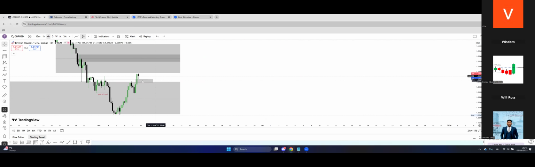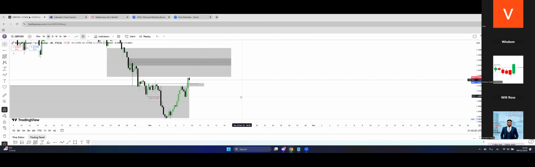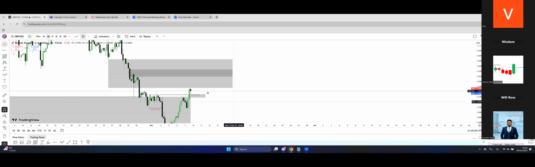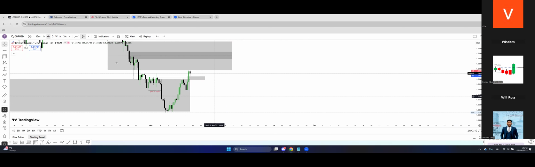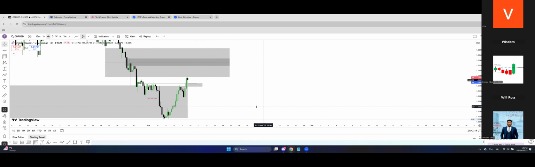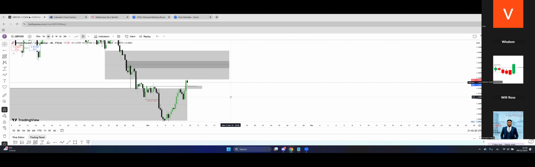This is the 4-hour. Again, we have this inefficiency that is going to push price higher. If price wants to go higher from here, like I say, wait for confirmation around this level, because the daily has given us a confirmation. We just want a confirmation from the lower time frame for it to correspond with the daily for higher prices. That is the only thing you are waiting for now.